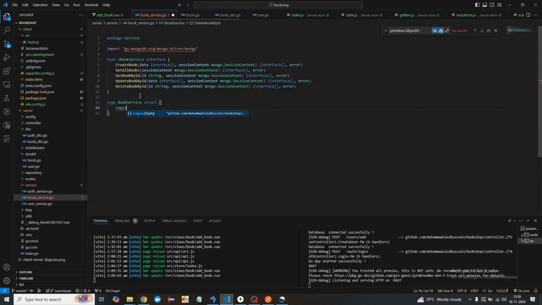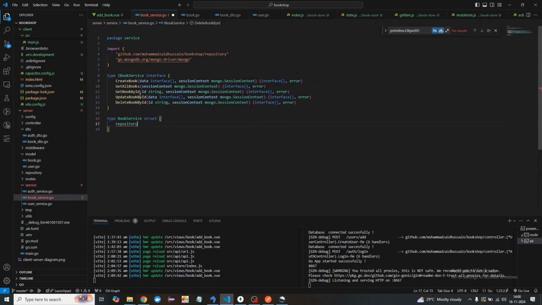So this will have actually repository. Okay, I've imported this repository, but I want to use a repo alias. This is going to be the alias name by which this repository will get imported. Now we should not use repository, instead we are going to use repo. So here I'll say repo dot,